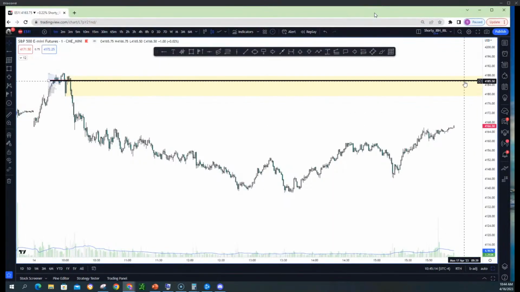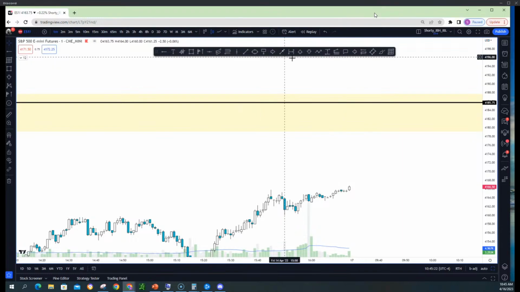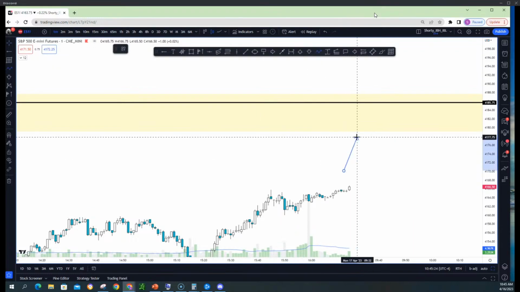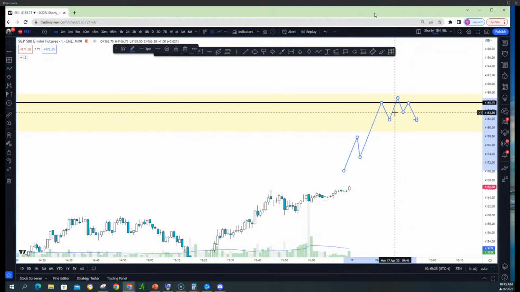If you don't want to short this immediately as it happens here, meaning you tap and you enter short, then you wait. Let's say you switch to 1 minute or 3 minute candles, and the price will do something like this. I don't know exactly what it's going to do, but let's say they tap here. You can enter short here, or let's say they make a higher high here, then they make this, and then they do this. This is your sign that they're going lower. They're breaking, supply is taking over.